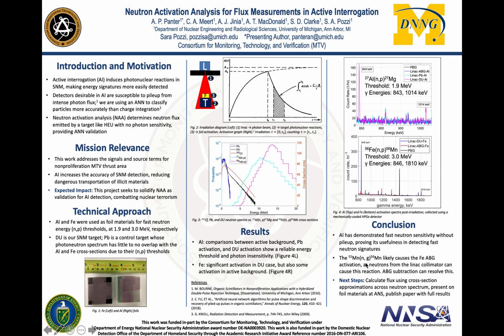The manganese 55 N-gamma reaction has the same daughter isotope as this iron reaction, and additionally this reaction right here has no threshold, so photoneutrons from the lead collimator or shielding around the lab could potentially be causing this red activation right here. We could resolve this through some active background subtraction, or alternatively just obtaining a more pure sample